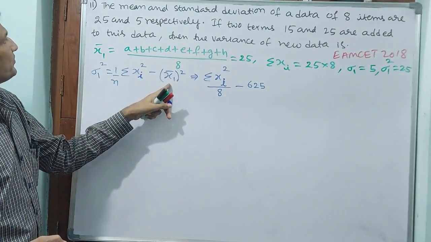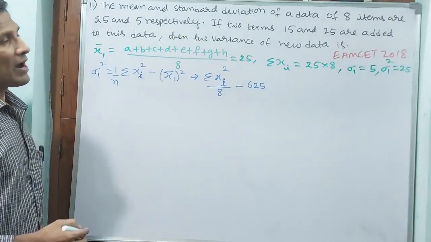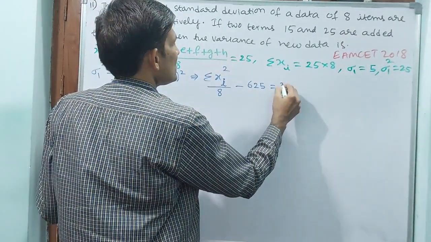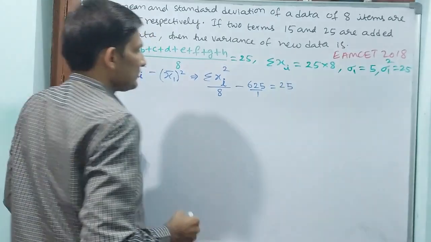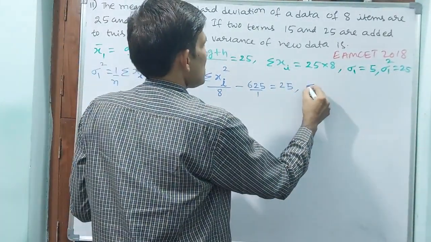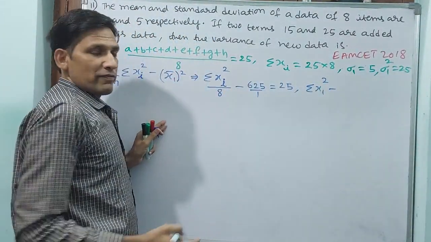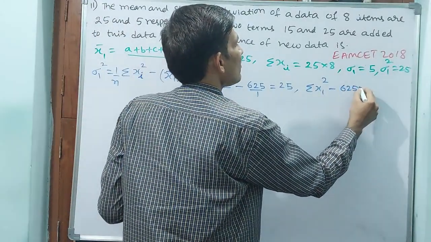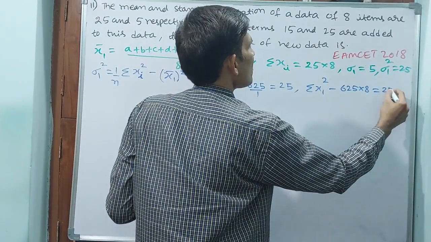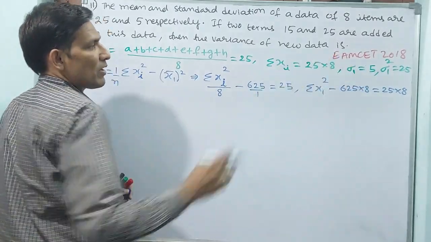x1 bar square, 25 square is equal to 625. This value they have given. How much is sigma 1 square? 25. That is equal to 25, divided by 1. Okay. Now this also you make it. See, sigma xi square minus 8 into 625, or we will write 8 into 625 only at present, divided by 8 is equal to 25, or that is equal to 25 into 8. Shall I write like this? Why? Because denominator 8 will come. 8 into 25 we have written. Okay. Now